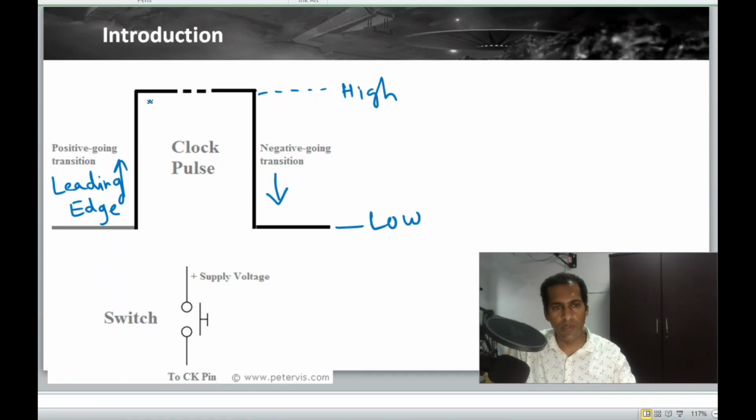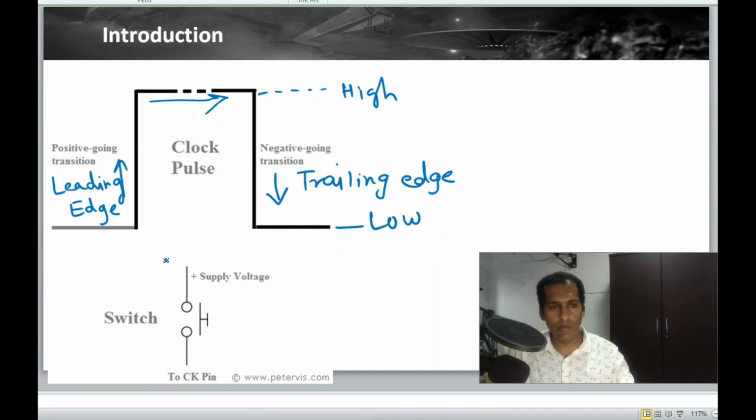The second one is the negative going transition. First it went up, it stayed on the peak, then again it is coming down. This one is also called the trailing edge. So one is the leading edge, another one is the trailing edge. Now this is a simple switch we can represent. We have one plus positive supply voltage,